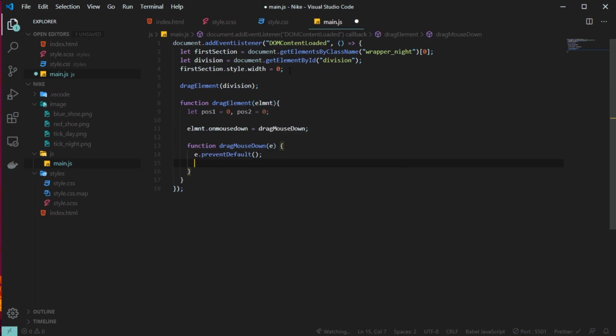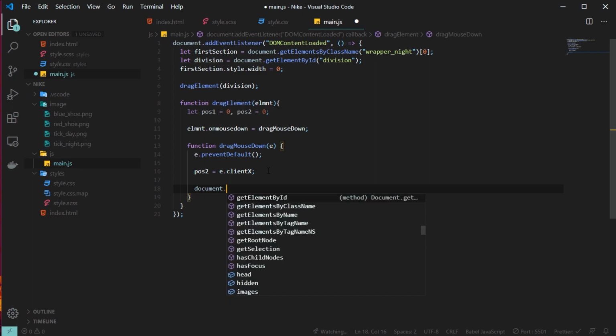Now inside it, what I will do first is initialize position2 to e.clientX. If you don't know what clientX does, I will explain it in a moment. For now you can consider it as the initial position for position2.